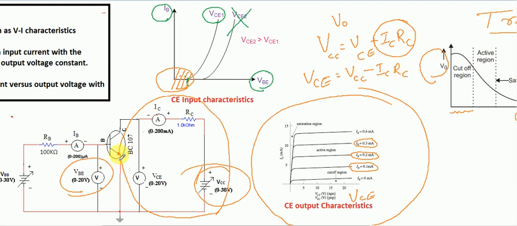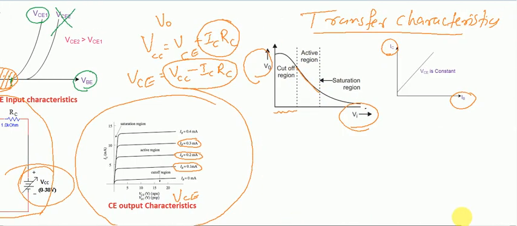So as the transistor switches to the active region, current starts flowing through it. Then you can see from this equation that the output voltage VCE will be VCC minus ICRC. So as IC increases, what happens to VCC minus ICRC? That total quantity decreases. So the output voltage decreases. You can see the decrease in the output voltage in the active region of the characteristics graph.